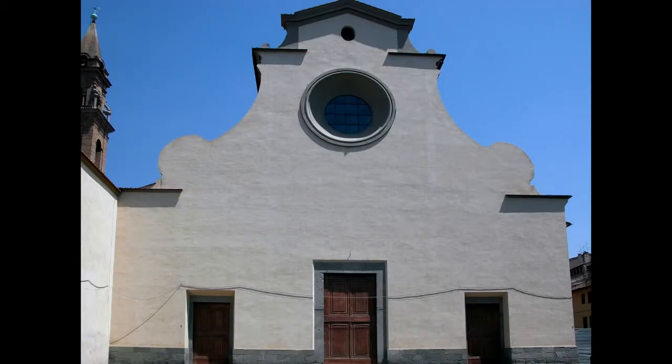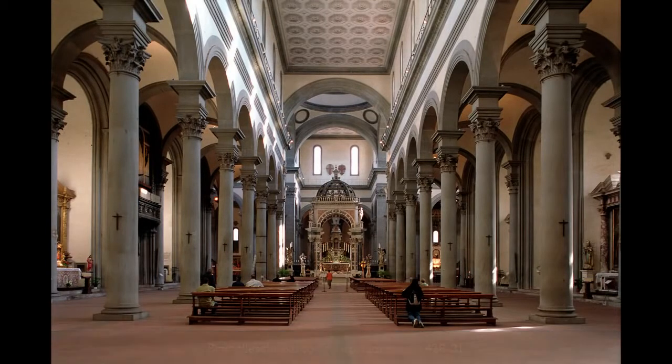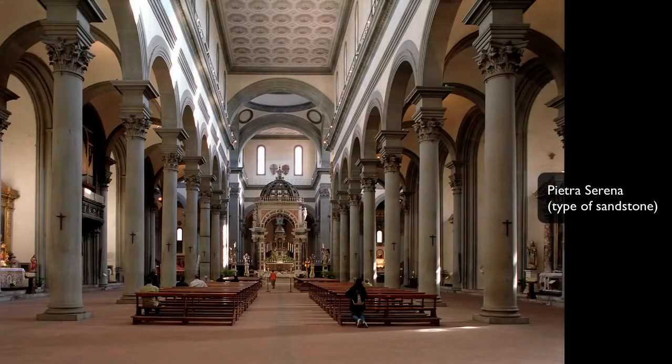We're in Santo Spirito, one of Brunelleschi's last churches. In fact, I believe only one column was raised by the time he passed away. And we see a lot of the same things that we see in the Old Sacristy or in the Pazzi Chapel by Brunelleschi. The use of this dark grayish-green pietra serena that creates the columns and the moldings and the